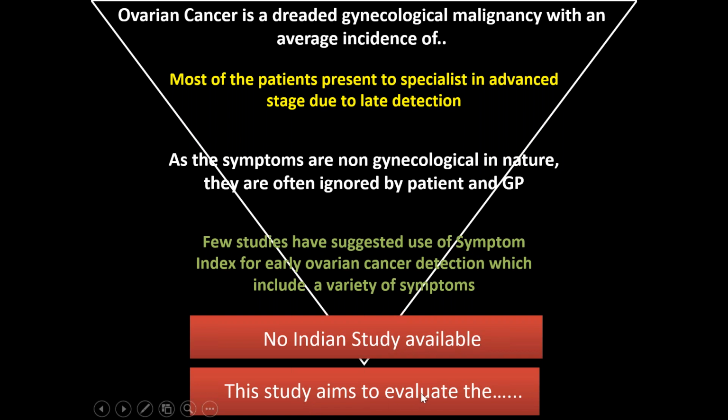And then I come to my specific aim or the objective of the study. So this study aimed to evaluate the role of symptoms in ovarian cancer presentation for early detection in Indian women. So that was finally my aim or objective. And more or less the same went in when I wrote the aims and objectives as a separate section of the thesis. So it's very important that the aim or objective that you write here matches the aim or objective which you put in the section of aims and objectives.